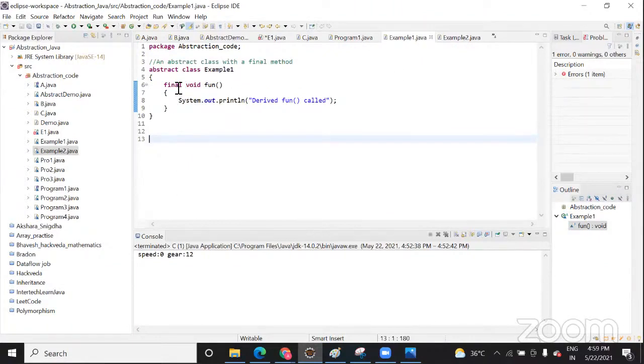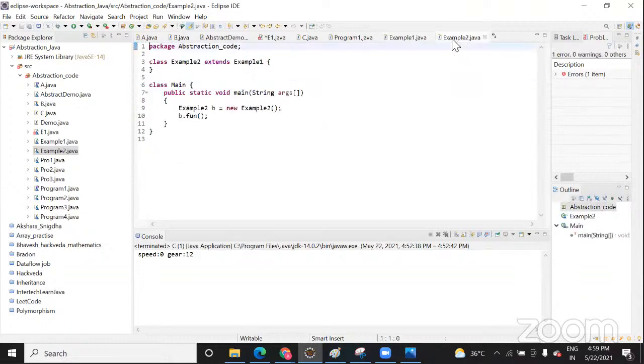So that if you don't want this method to be overridden or implemented in the child class, you can think of it as a constant variable. When you declare a constant, its value cannot be changed, right? Same thing is here also. When you declare a final keyword on any method, then this method will not be overridden in the child class. It means you can't create another method to override it.